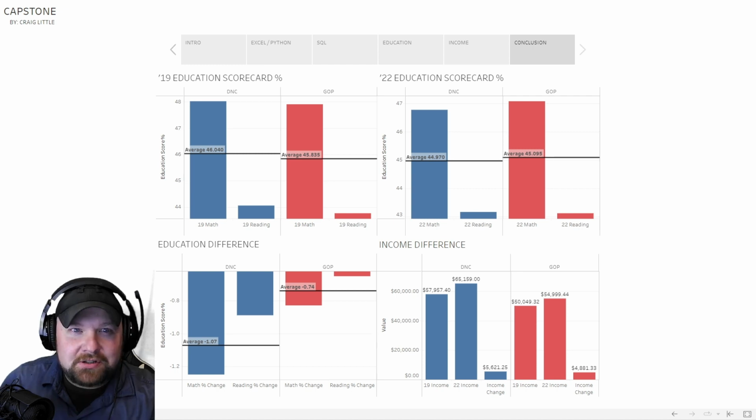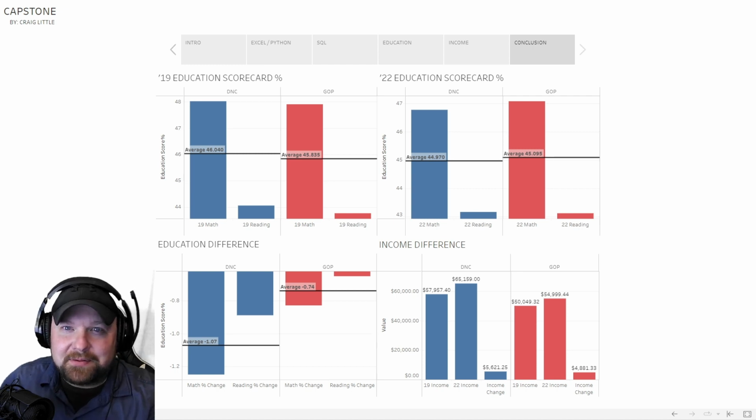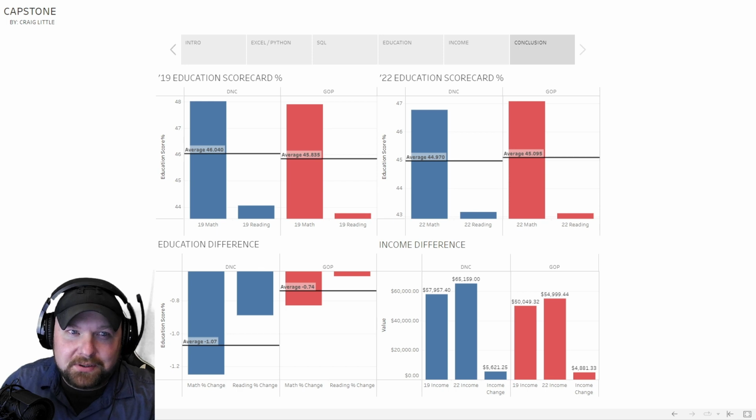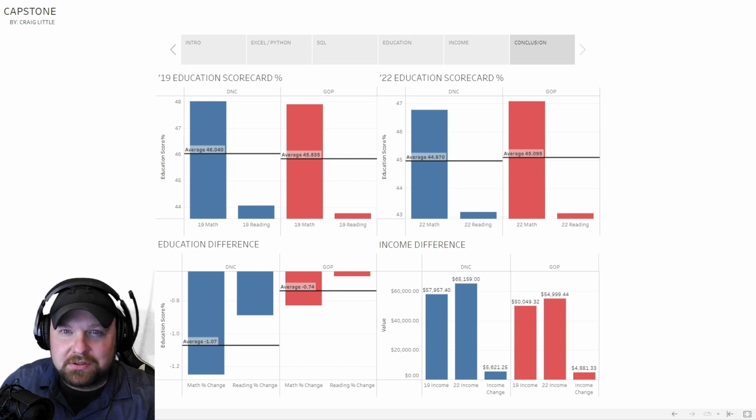The bottom right chart shows the difference between Democrat and Republican average single earner income per year and the total change to that average from 2019 to 2022. The Democrats again start with a lead with over $7,000 per single earner on average, but unlike education, they not only keep the lead after the pandemic, they add another $5,600 per earner per year, beating out the Republican states'